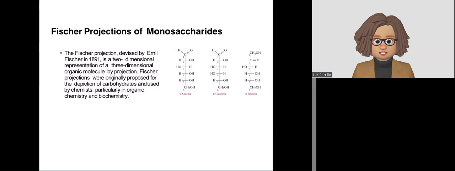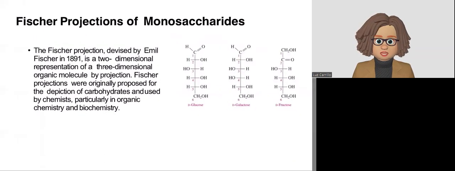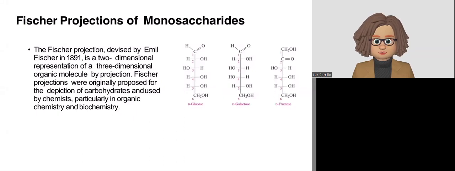This type of representation, which is very common, is known as a Fischer projection. A Fischer projection was devised by Emil Fischer in 1891, and it is a two-dimensional representation of a three-dimensional organic molecule. Because remember that monosaccharides, carbohydrates, are biomolecules that, because they contain carbon, are known as organic molecules. Fischer projections were originally proposed for the depiction of carbohydrates and used by chemists, specifically organic chemists,